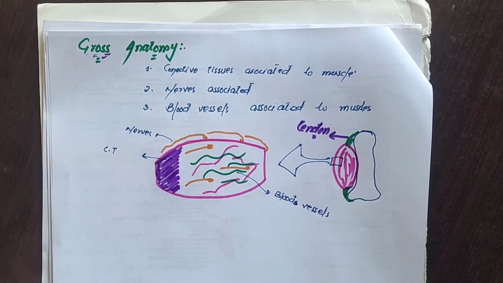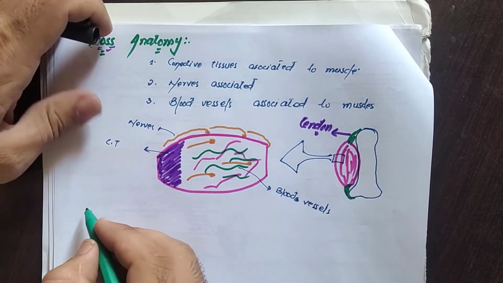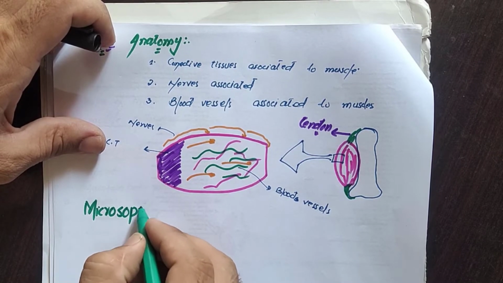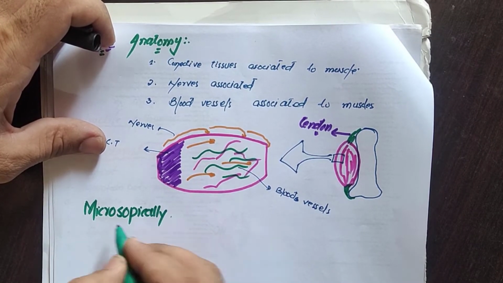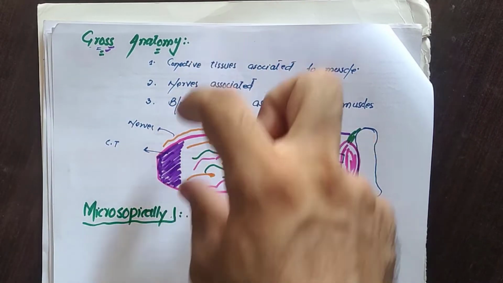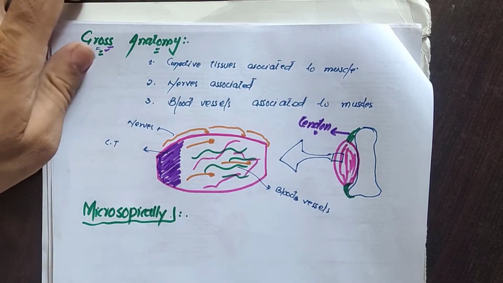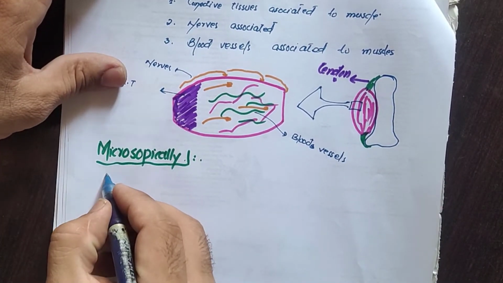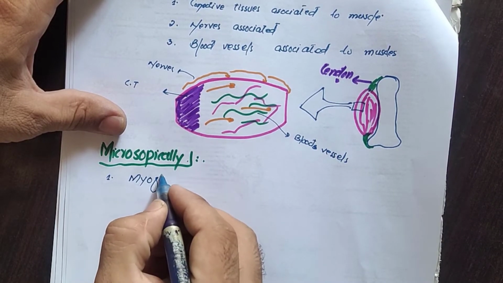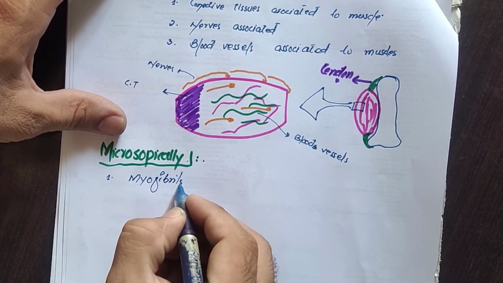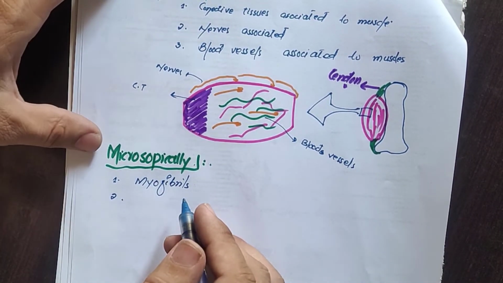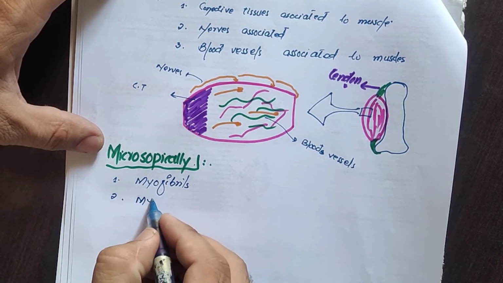Now what about microscopy, right? If you want to see microscopically the muscle, what structures you will see inside a muscle, right? So these were the gross and now microscopic. So microscopic structure of the muscle will show, first of all, there will be the myofibrils, which are actually the cells of the skeletal muscle. Myofibrils will be there. Then you will see the myofilaments,